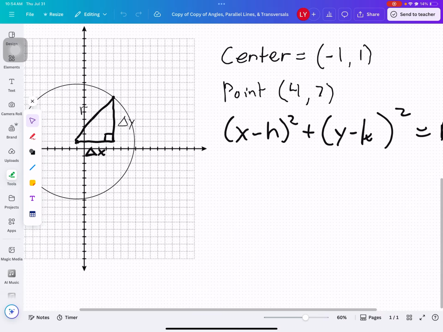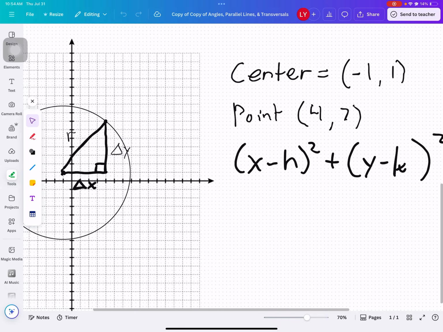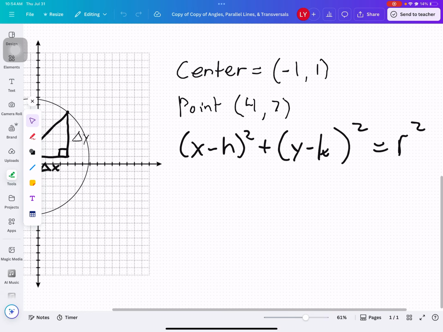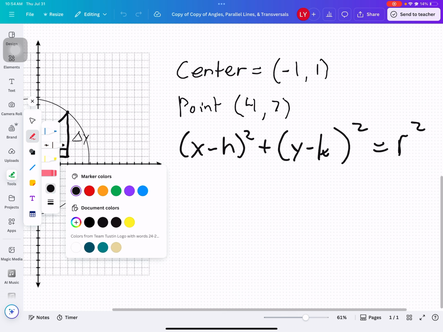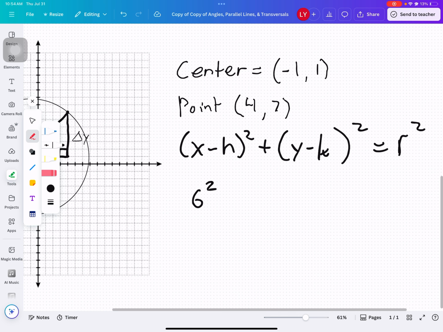So let's solve this. The difference between 7 and 1 is 6. So we have 6 squared. Right now we're solving for the radius. 6 squared plus,